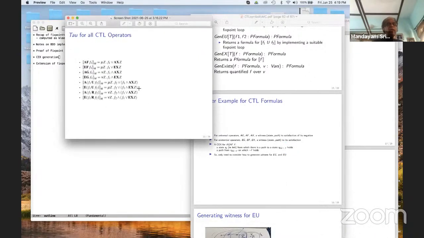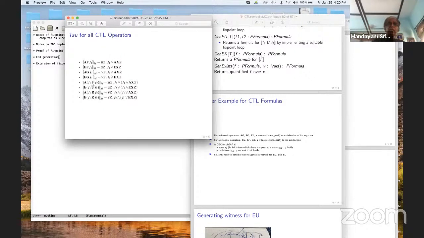By the way, every fixed point CTL operator can be characterized, as I've shown here, as a least fixed point of a suitably defined tau, or a greatest fixed point of a suitably defined tau. When you have a G and R, it is usually convenient to express it as a greatest fixed point. I specifically urge you, although I've already given you the book and the fixed point characterization, to try and